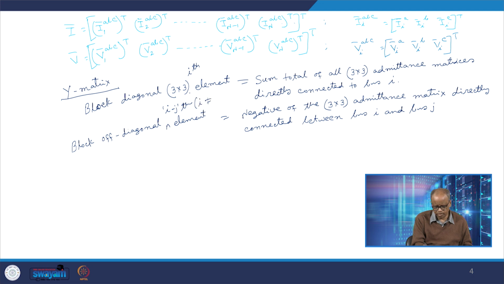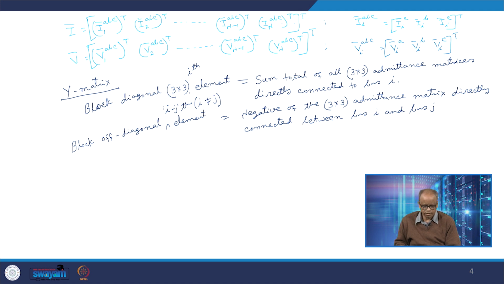You should also write that I is not equal to j, because when I is equal to j, that possibility we have already taken care of in the block diagonal 3 cross 3 ith element. So the block off-diagonal ijth element where I is not equal to j is equal to negative